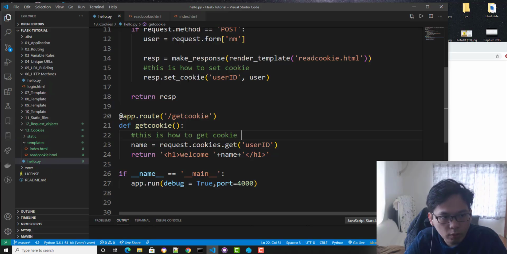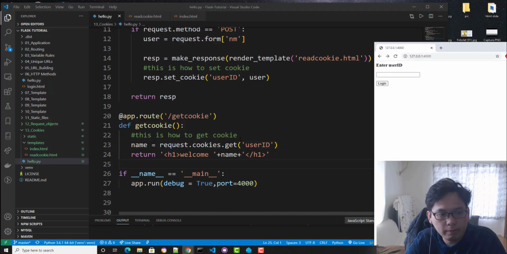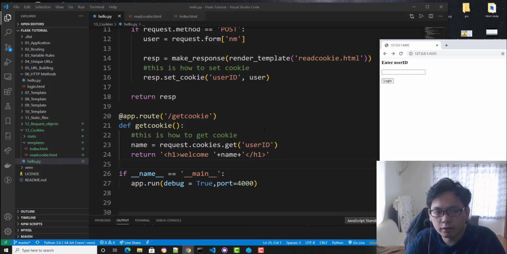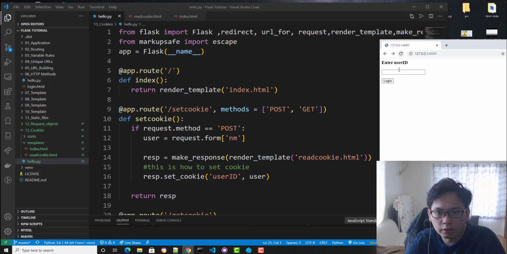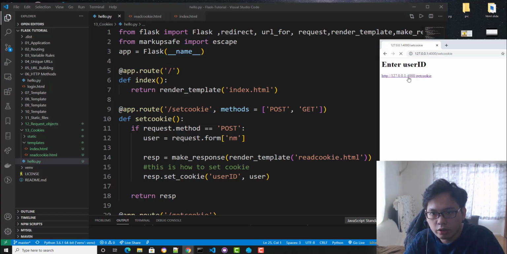So very straightforward. And yeah, so set and get, request get user ID. And that's how you're gonna do it. You can read the code and get it anyway. One more time. So let's say John, something like that, and get our cookies. Yeah, welcome John. So that's cookies in Flask. You know what, see you in the next tutorial.